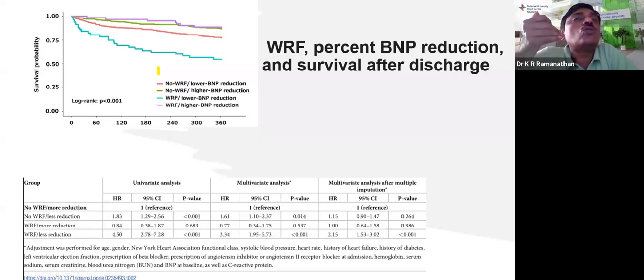The kind of patients who do clearly well are those patients with no worsening renal failure and higher BNP reduction, as well as patients with worsening renal failure and higher BNP reduction. So look at this purple graph as well as the blue graph. Worsening renal failure with no reduction in BNP clearly are the cohort that are not responding to your therapy well, and they are at high risk of mortality, even if your patient has a worsening creatinine on your bloods